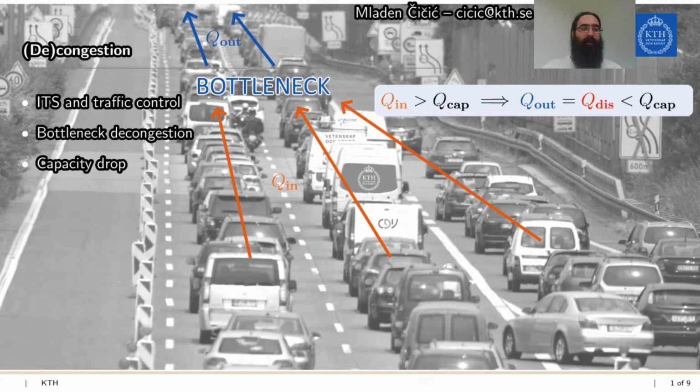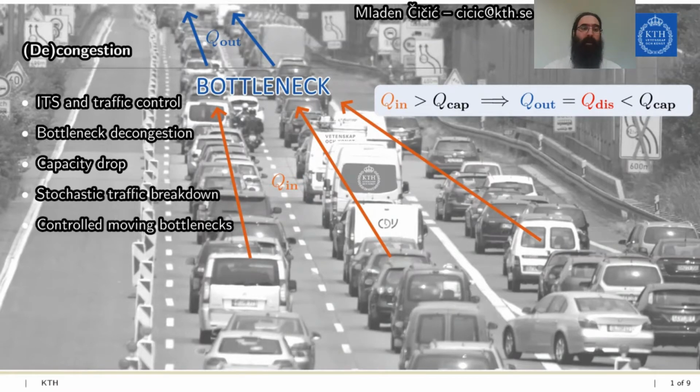So one thing that makes the situation even worse is a phenomenon known as capacity drop. Once this bottleneck gets congested, its capacity will be reduced compared to if it were in free flow. And furthermore, it is known that this transition between free flow and congestion happens stochastically. So for the same level of demand, we might have a bottleneck being in free flow or being in congestion,